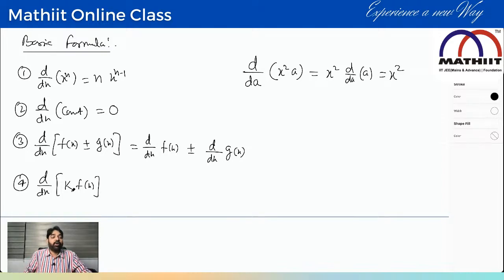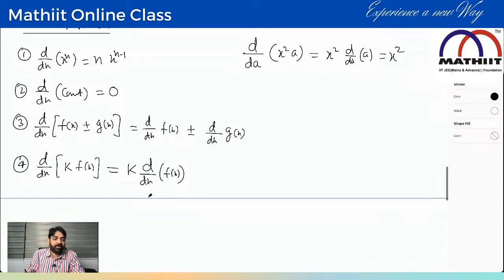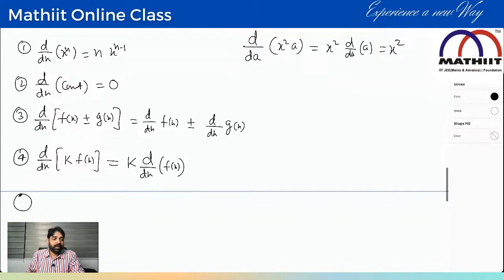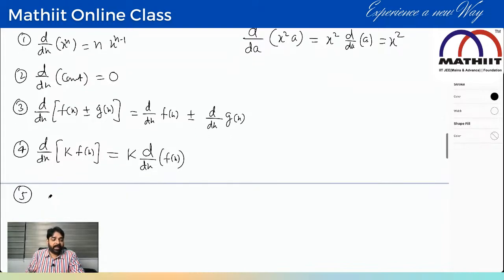So be careful whenever you are deciding this is the constant. Who will decide the constant? The term that is not there in the variable. So k will come out and you will get d/dx of f(x), and whatever f(x) is, we will solve it further. The next one, d/dx of